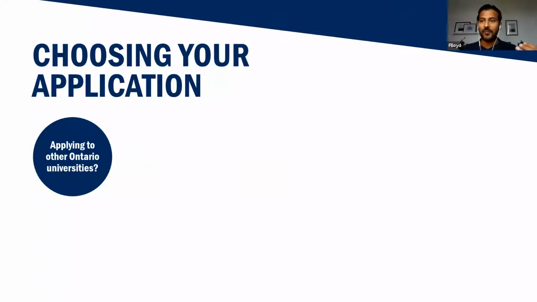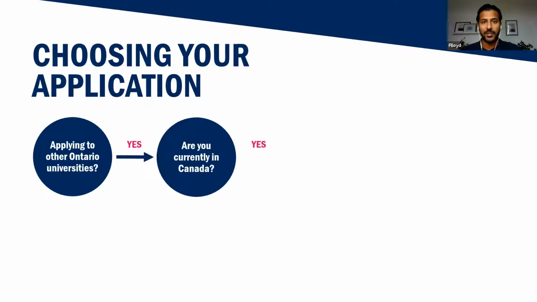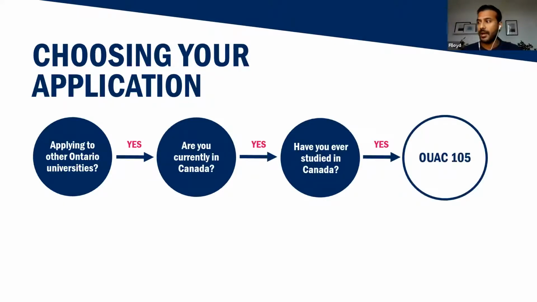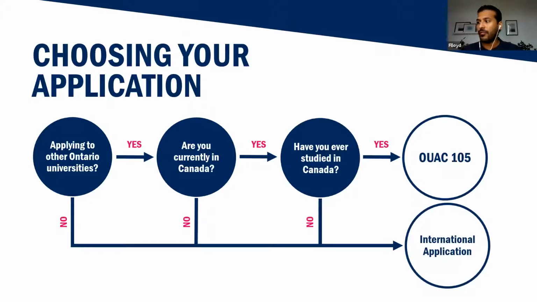So when it comes to folks that are outside of Ontario, there are a couple options, and you can choose which one is the best fit for you. The counterpart to the OUAC 101 application is the 105 application. This is for anyone who is outside of an Ontario high school who is interested in applying to the University of Toronto. So the 105 can be used by anyone as long as they're not an Ontario high school student. For folks that are outside of Canada, there is a second option that might be available.